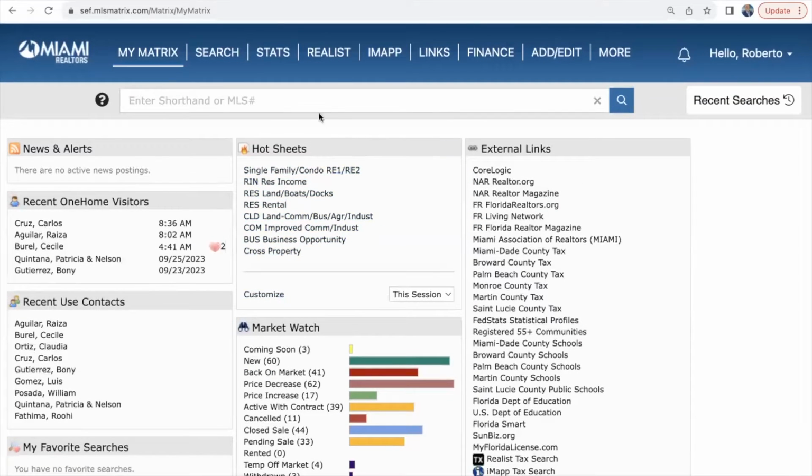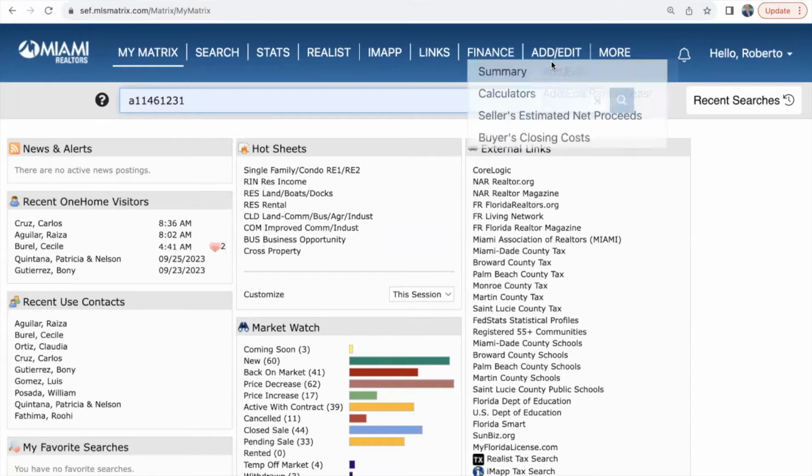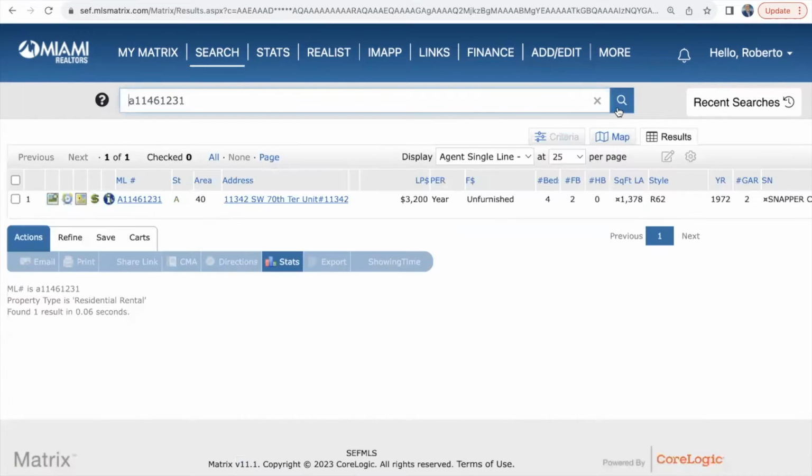So let's go ahead and begin first with a simple search. If a customer calls you and they tell you, hey, I'm looking for a particular listing, and they give you the listing ID number, all you need to do is go to this search bar up here and plug in that MLS listing ID number. And then you want to click on search to the right-hand side or click on the enter button, and that's going to give you that particular listing. We could always type the address of the property up here as well. All right, so it's not just the MLS number. You can type in there the address of the property and the listing will show up.